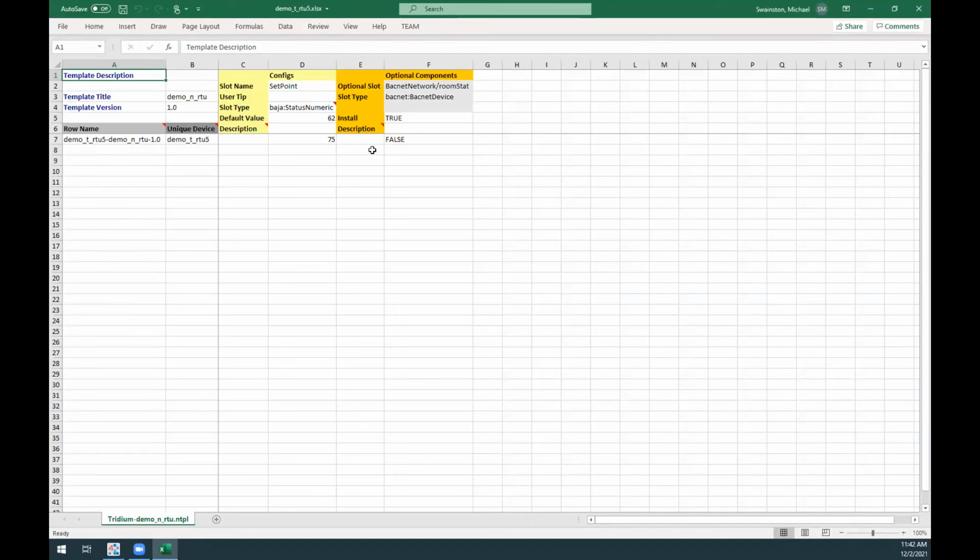You'll see some interesting things. Now remember, when you exported the template file directly, it only built the header. Now it's built the header and a row, the row representing the configuration that I exported. It still shows that the template itself has a default value of 62 for that property, but it also shows now that that instance that I had created, installed, has a different value for its property, a 75. And it also should list the optional components and identifies here that that component was not installed on that one